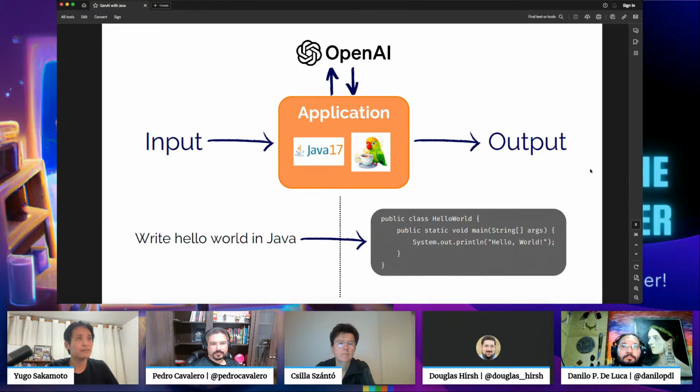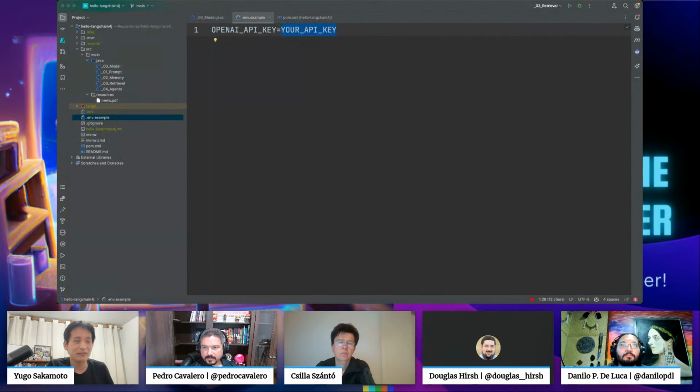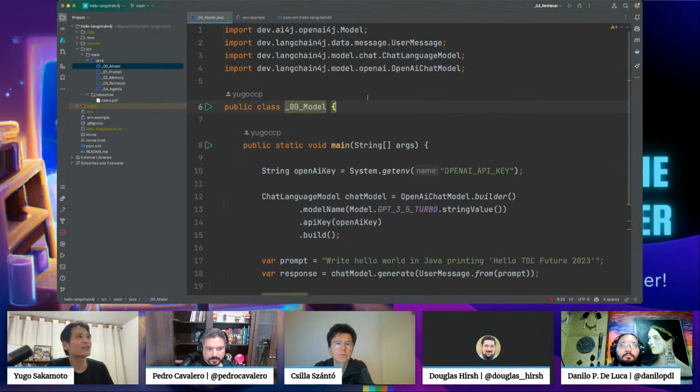Whenever you create your OpenAI account, after that you can always go to the setup and API keys, and then you can create your new secret, so you can manage as you want. For this LangChain4j example, I created this secret here that is partially hidden. And then finally, we can go back here to our first hello world example.